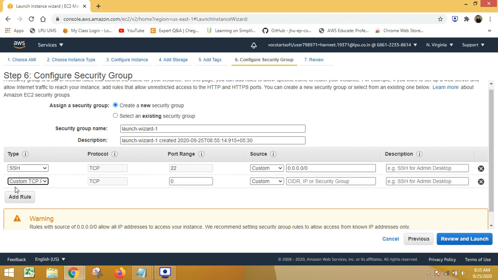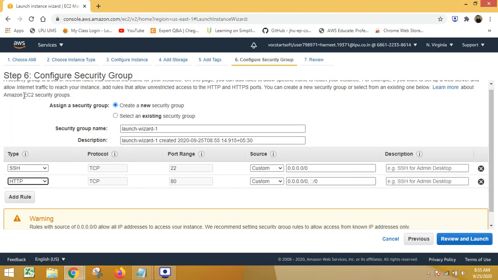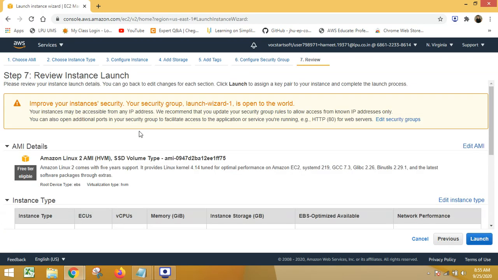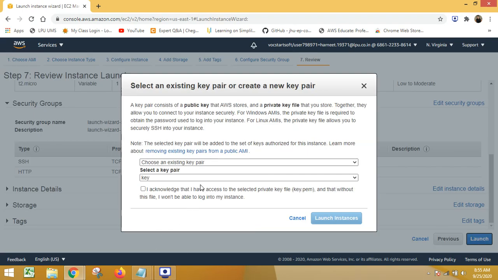But because we have to install the Apache server, PHP, and all such things, I am going to build a rule here in which I will be adding HTTP. Okay, so I'm not going to make any further changes to this rule. So just picking the HTTP and proceeding further, and that's all. I am about to launch my AMI now.